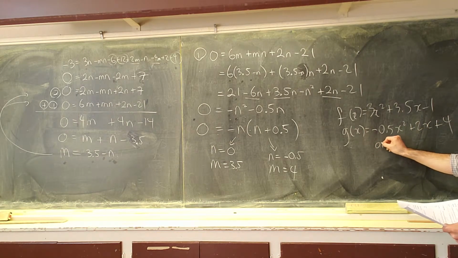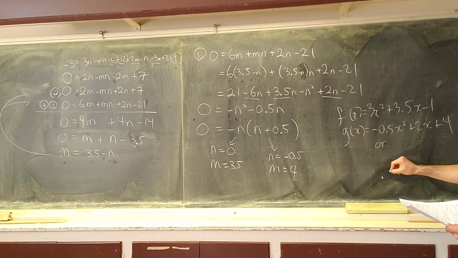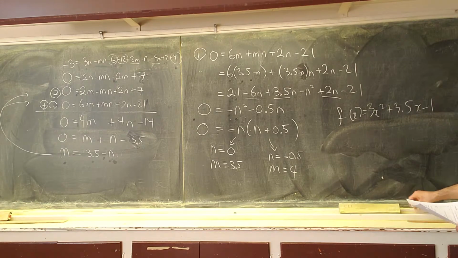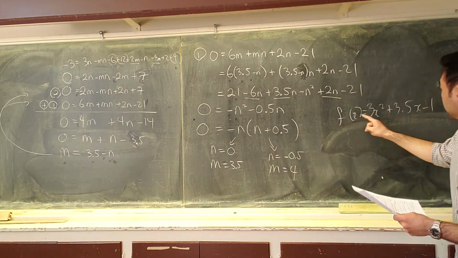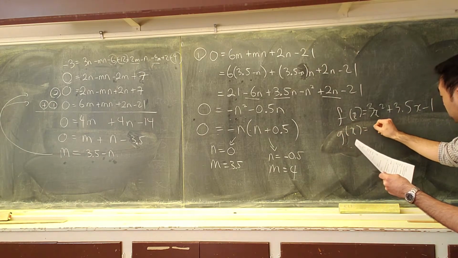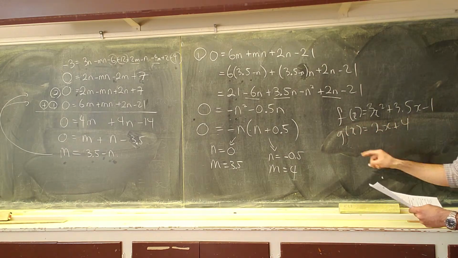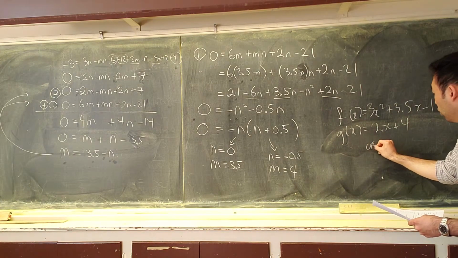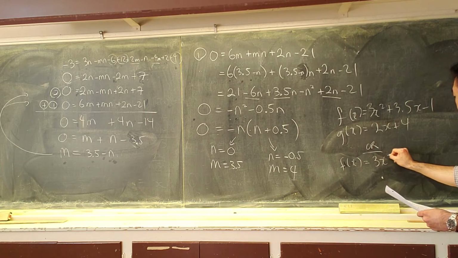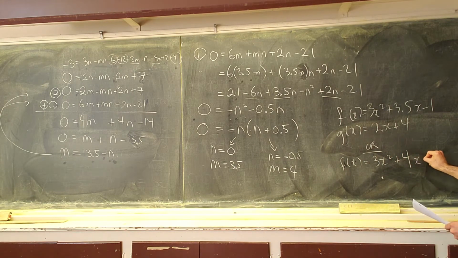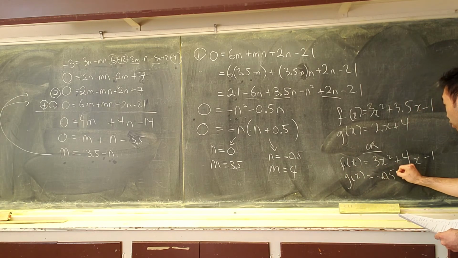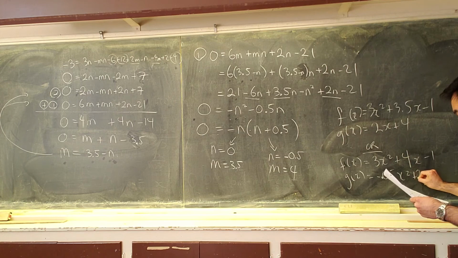Or, what am I doing? I mix the answers up. If m is 3.5, g of x would be just 2x plus 4 because the n value is 0. Or, if f of x used the m value of 4x minus 1, g of x will be negative 0.5x squared plus 2x